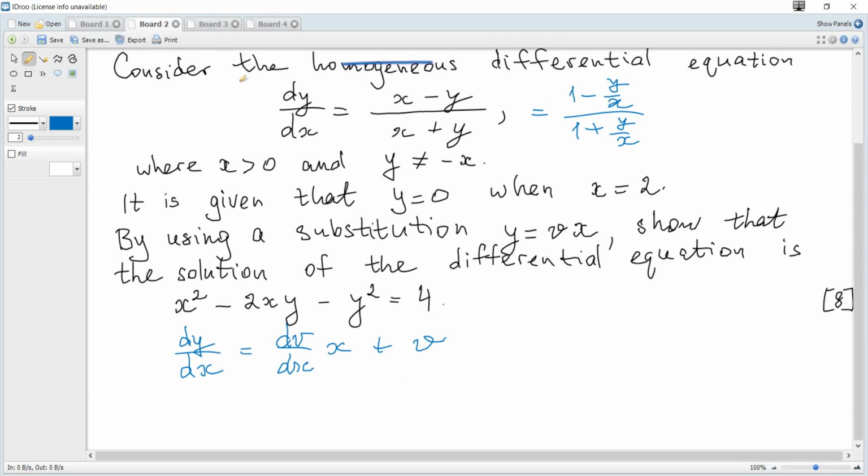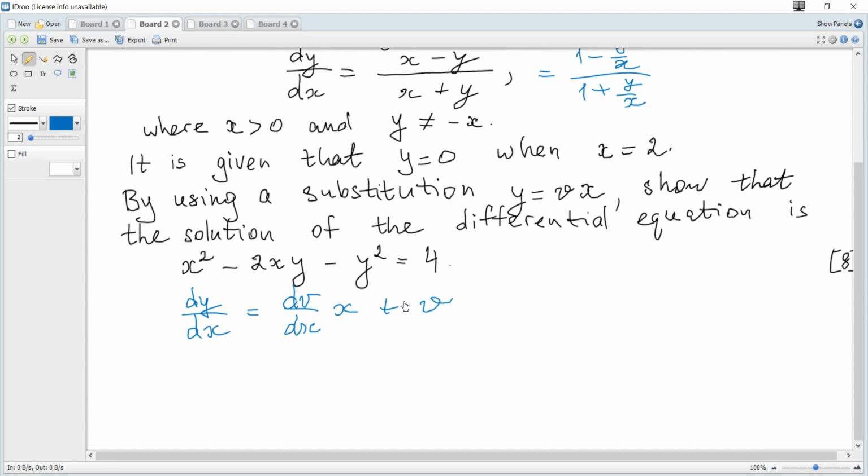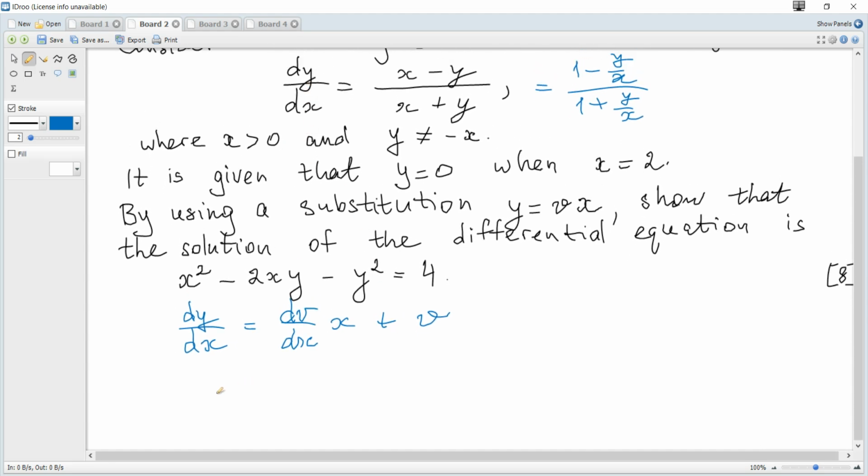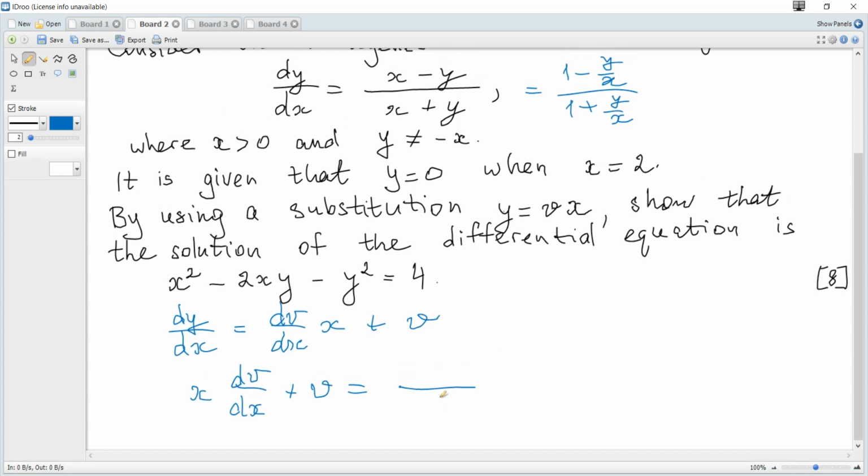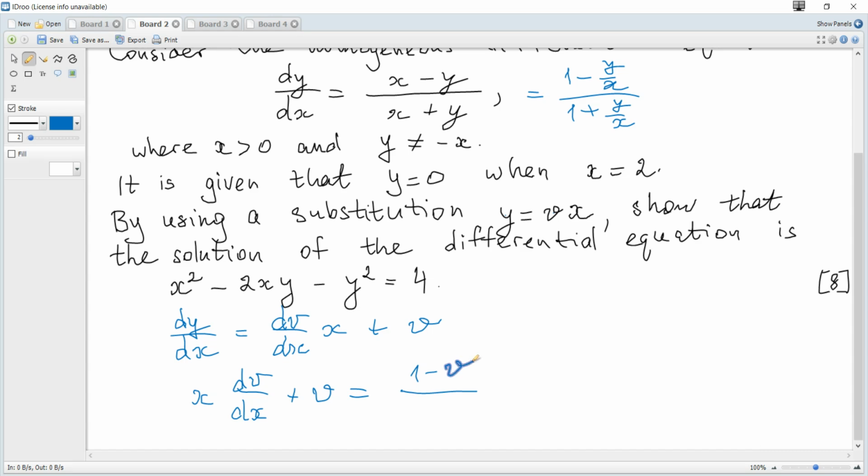And then we consider our differential equation and dy over dx, so it becomes x dv over dx plus v is equal to, you may substitute vx for y into this, I will substitute v for y over x into this, so it becomes 1 minus v